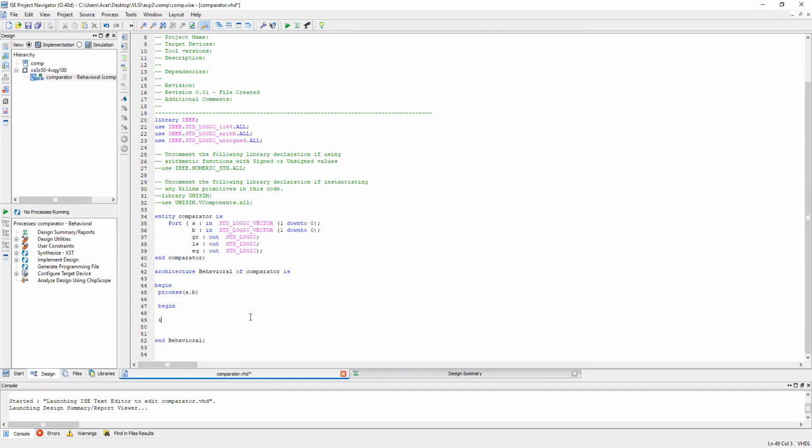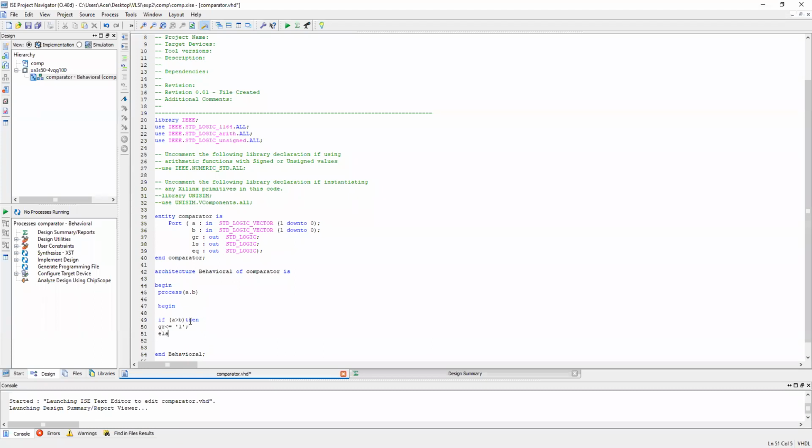Okay, the first condition: what will the first condition be? A is greater than B. If A is greater than B, then what will happen? Then GR will receive value 1.